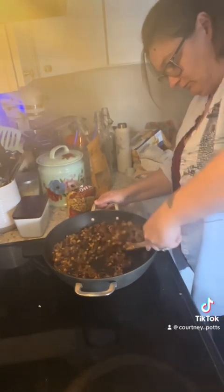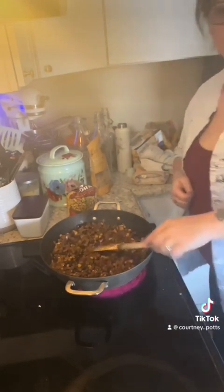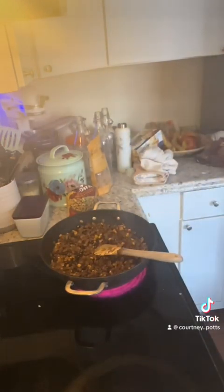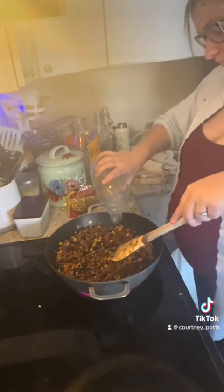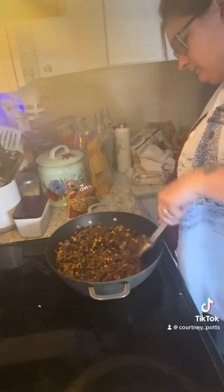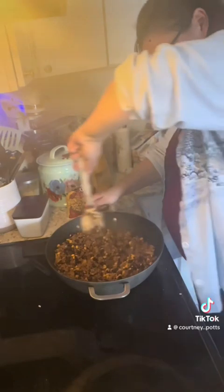Do I add tomatoes to this one? I don't know. Sometimes I do, sometimes I don't. I'm not sure if I did in this case. We'll see. And what am I doing? Just leaving the meat. It's going to burn. Oh my gosh. What are you doing, Courtney? You guys, my goodness. There we go. Here I'm back. Oh, I added a little water. Apparently, I think it was starting to kind of stick and I did need the little bit of extra